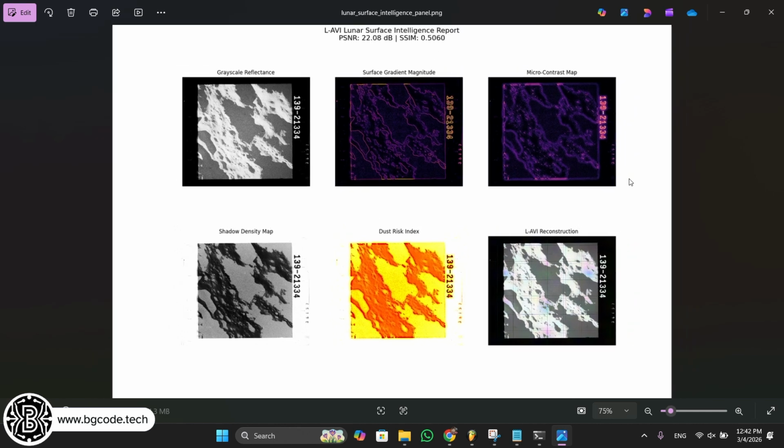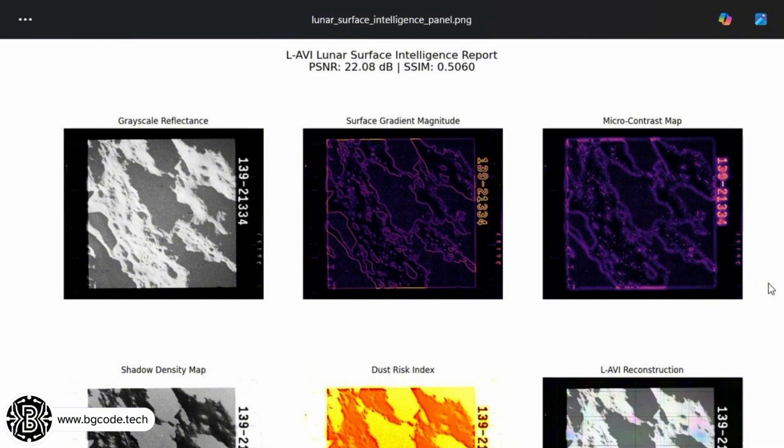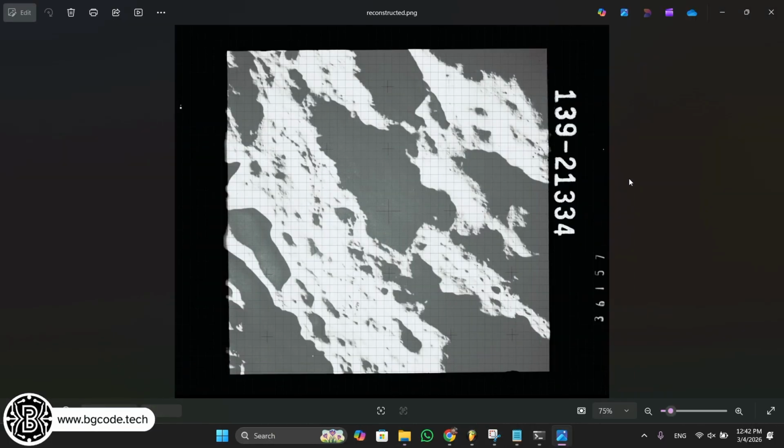Zooming out slightly, observe the header of the report, which displays the overall quality metrics. A PSNR of 22.08 decibels and an SSIM of 0.5060. Having reviewed the summary panel, close this window or navigate to the next file. We now view